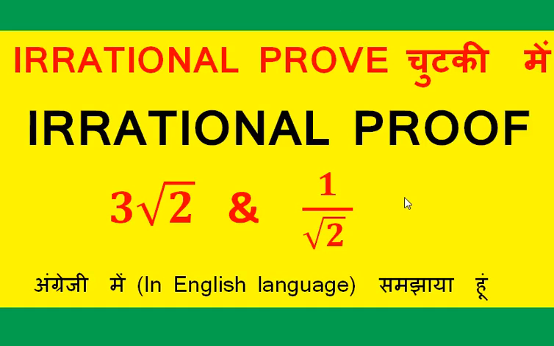Before this, we have completed root 2, root 3, root 5, root 7 is irrational,